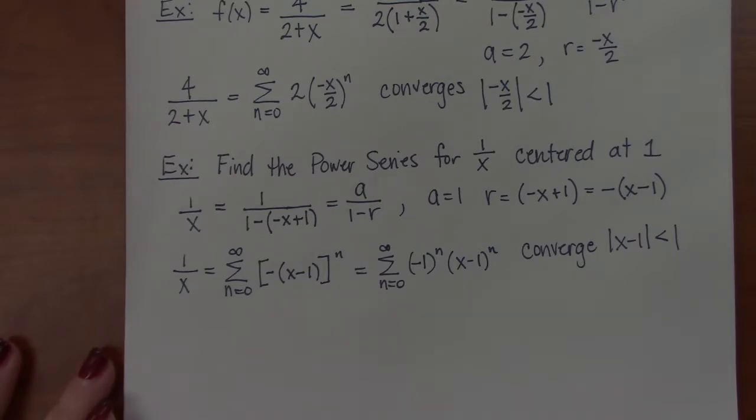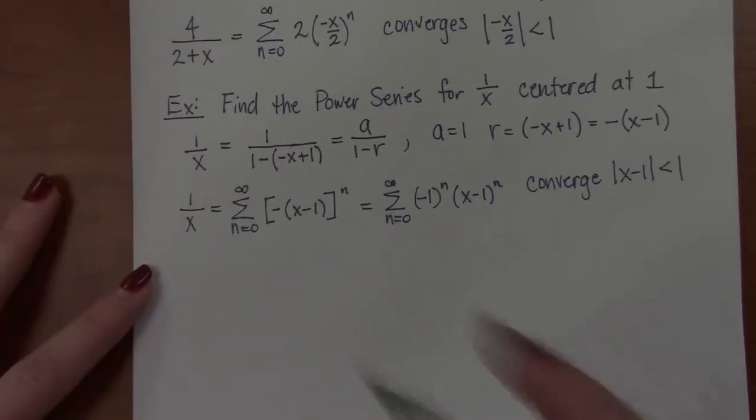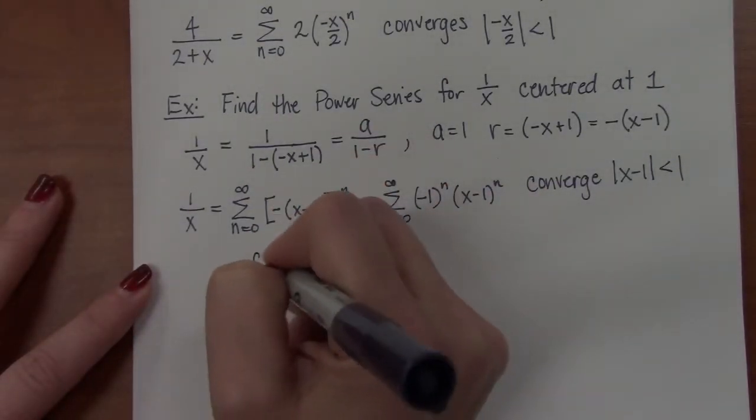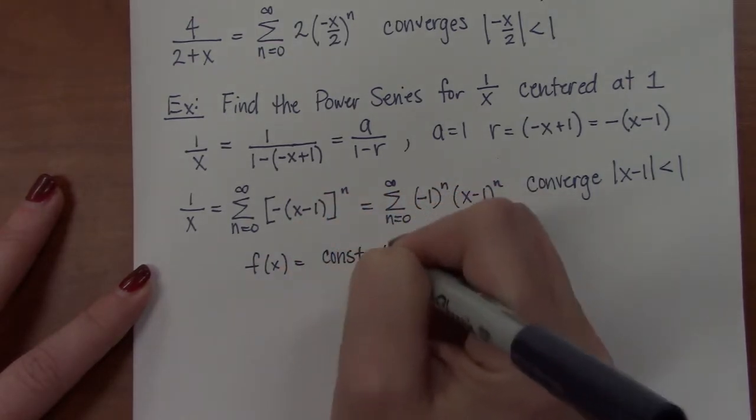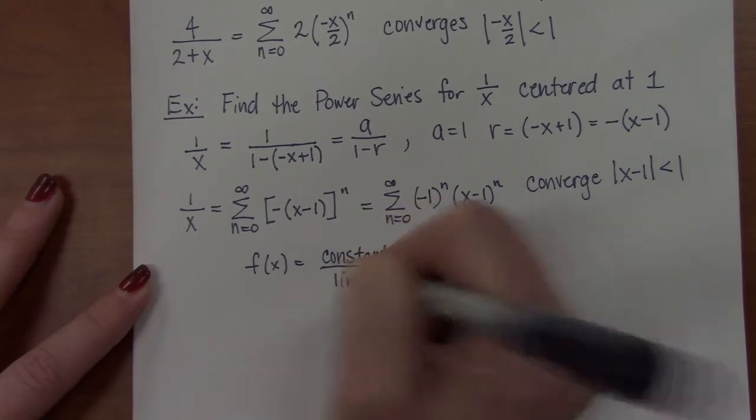Constants. What were all the denominators? Variable expressions. A specific variable expression, though. What was the power of x? They were lines, right? So if you have a function that you're trying to write a series for, and you have a constant over a line,